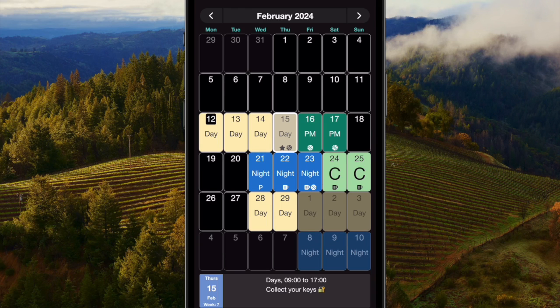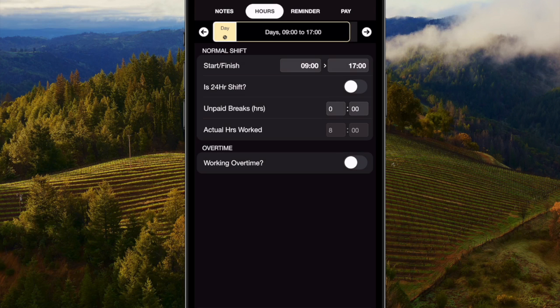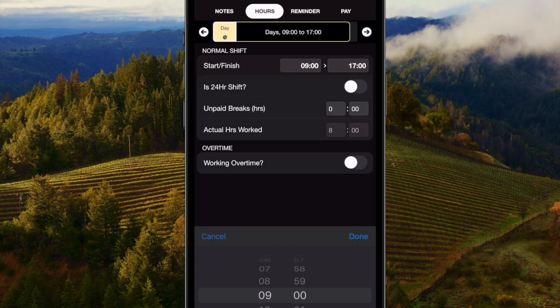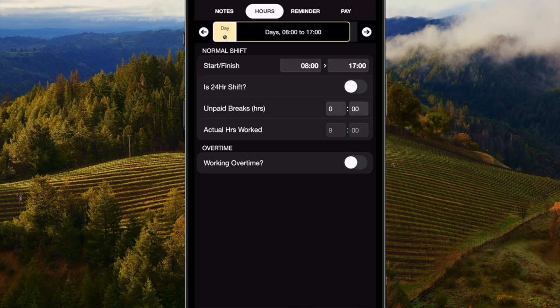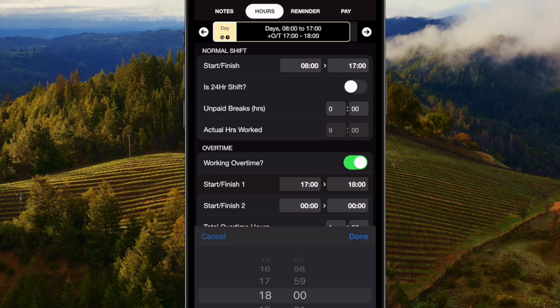If I now tap the pencil icon, it will take me into a new screen where all of the details about that day are shown, including the notes again, and icons. You have hours, and this allows you to customize the hours and change them from whatever the default was on the shift type. You can put in unpaid breaks, and also if you're working overtime that day, you can specify overtime by turning on the overtime option and choosing the times that you